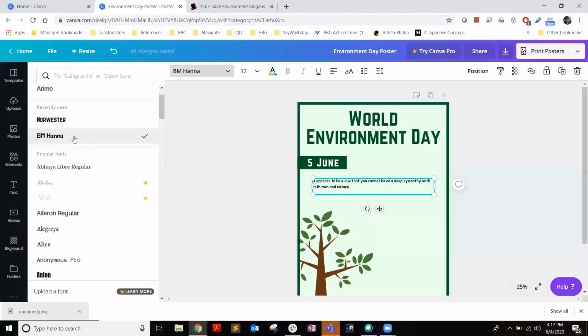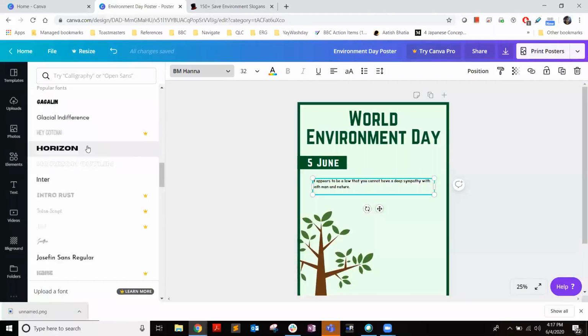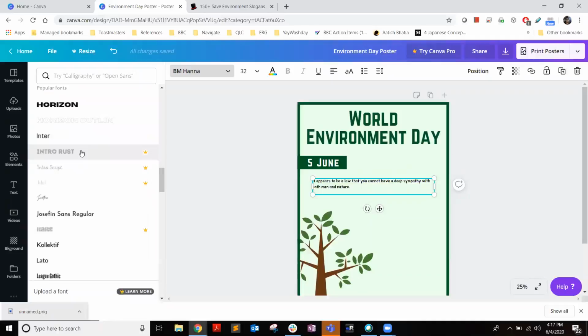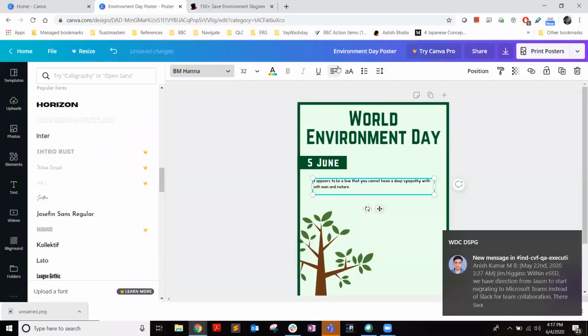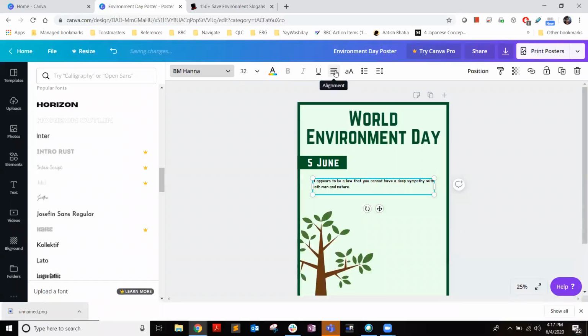This looks good, and it looks similar also. So I'm going to select this font. You can explore around and choose a font which suits or looks best to you. I'm going to use this. Now I'll make it center aligned using the alignment option. You see, this is right aligned, this is left aligned, and this is center aligned. The last option is called justified. It is generally used when we're writing research projects or research papers to have it aligned nicely. We can use the center aligned one.